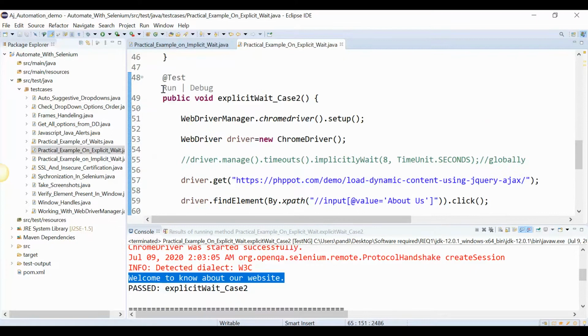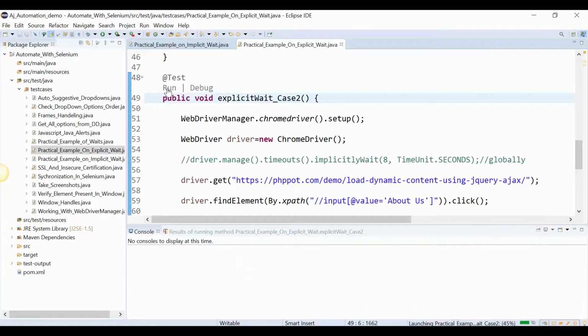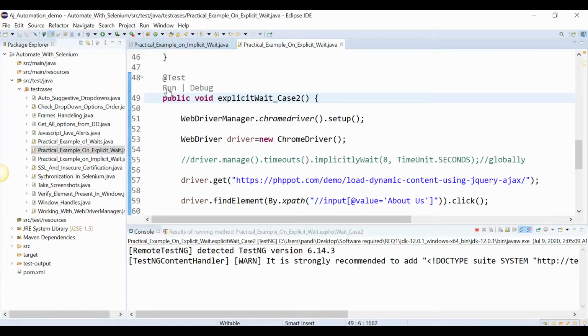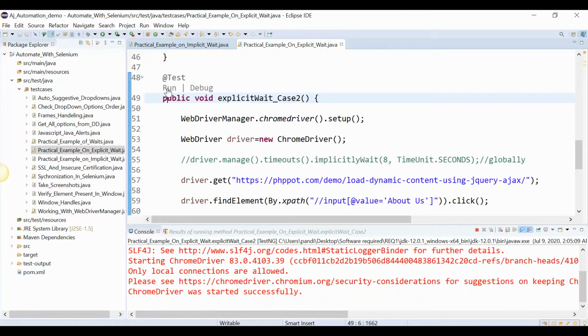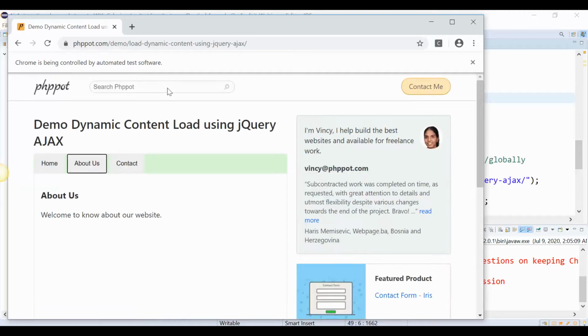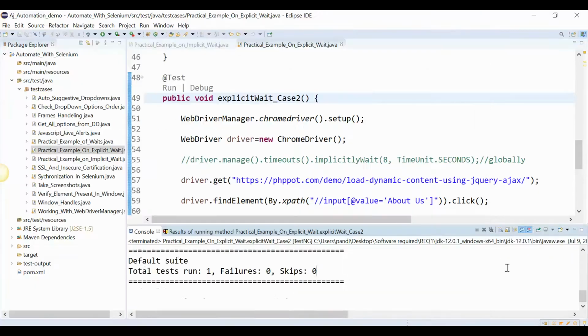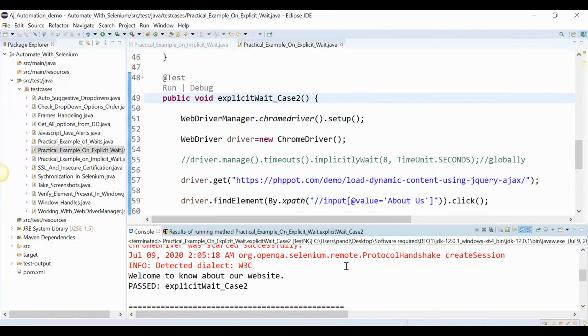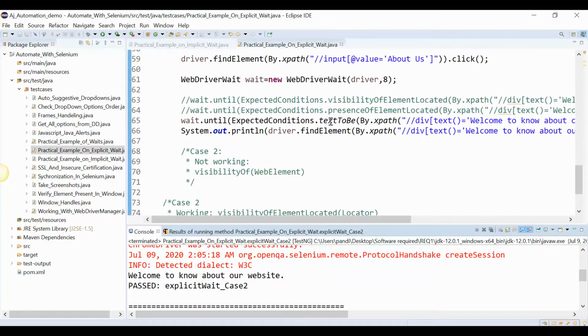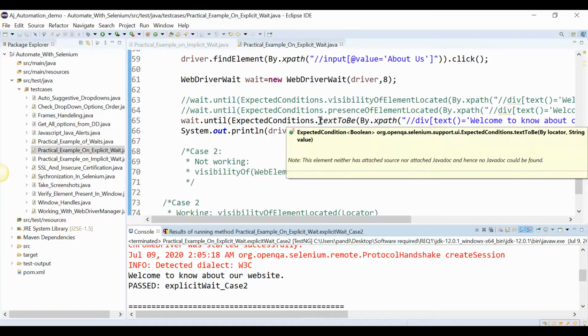Let's run this. Okay, see, it works as well. We get the text. So I think it's up to you. Just decide